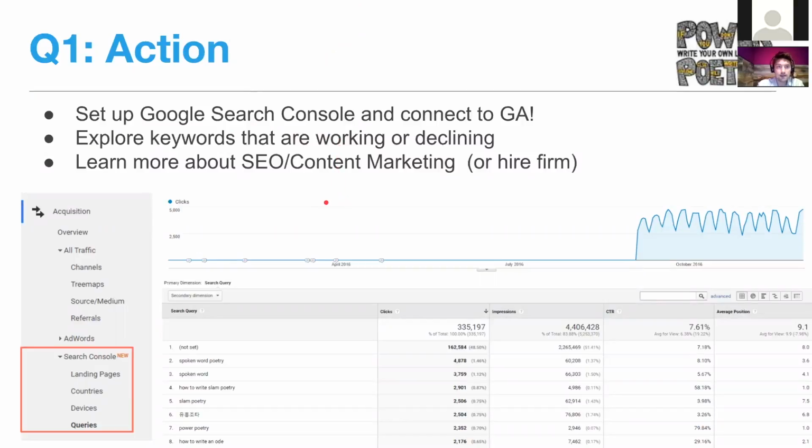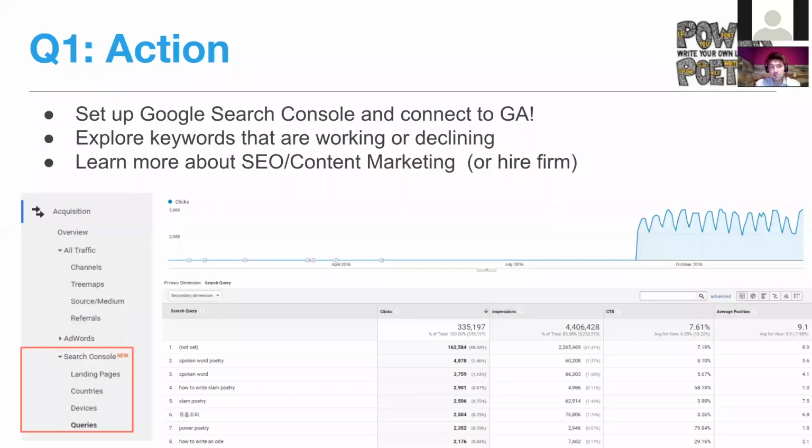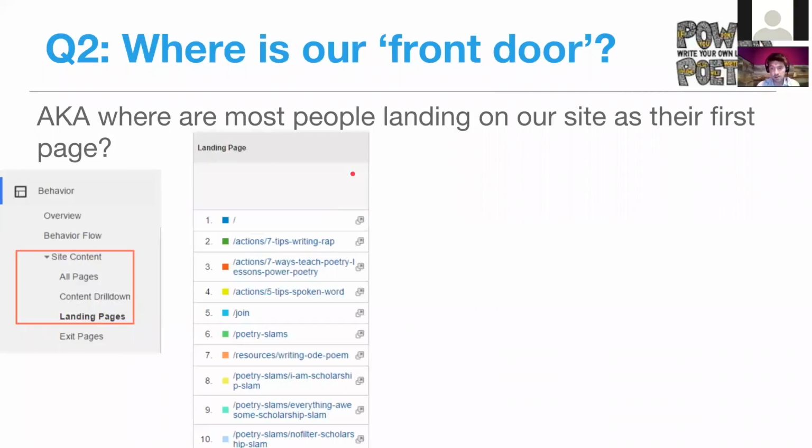Keywords, once we've set these things up, move through it. Meredith, interrupt me if there's any critical questions, because this is a heady topic. I'm cruising through it, but you get what I'm doing here, right? I'm asking a specific question: how is it doing year over year according to this month? You can also obviously look at the entire year. And then we're trying to figure out what are the actions that I'm going to do as next steps. And you can get a lot more into this content marketing. We have tons of content on how we think about building up our traffic with this in mind.